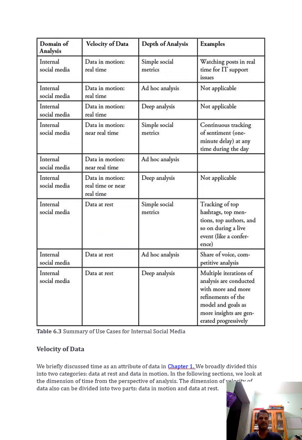And also when you look at the machine capacity, this is the complete information of the machine capacity. You can have the velocity of data, which can be in real time or it can be offline too. And the same way you can do different types of analysis, right from SSM to deep on these two types of velocity of data. And several examples are given here which will be useful for you to understand what type of analysis I need to do for a specific